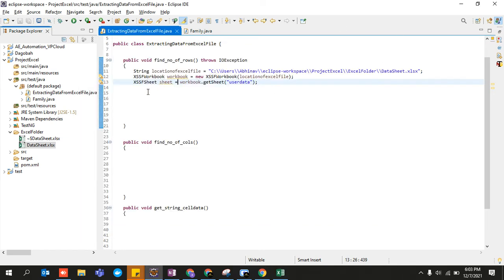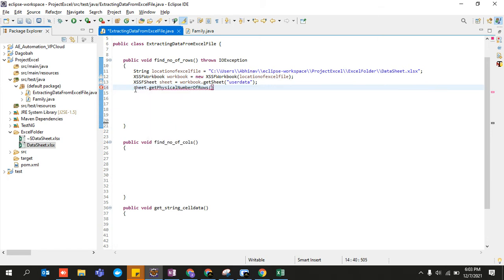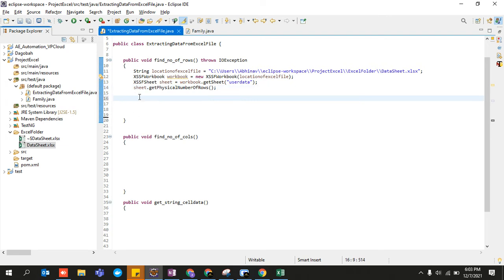Okay. And we have created a variable again like sheet, and with the help of this variable, sheet dot get physical number of rows, we are going to find it. So it is going to return the number of rows that are present in my Excel sheet. And if you want to find it out, you can just print it over there.